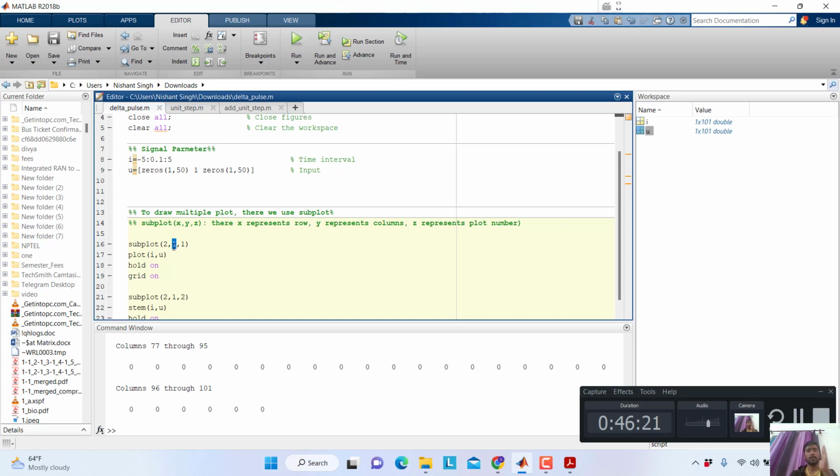Okay, so the subplot's last number represents the plot number. 2 1 1 means two rows, first row, second row, one column, and the first plot. And that will represent the second value: second row, first column, and second plot. Okay, so here we are plotting the